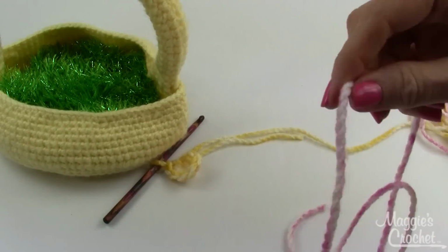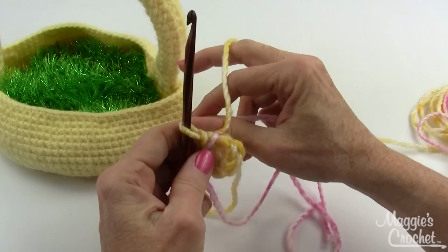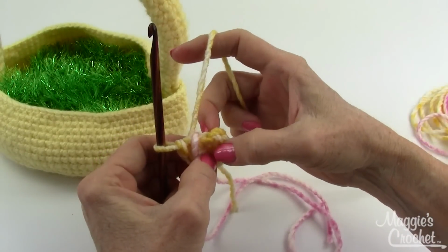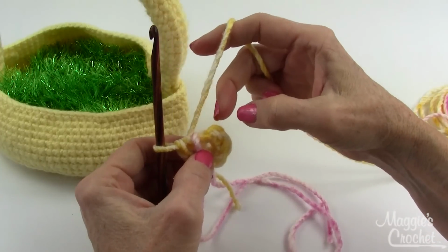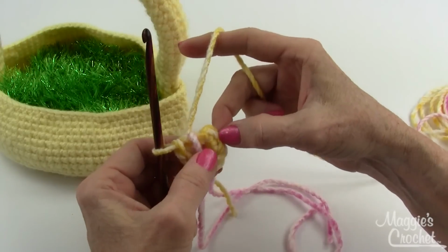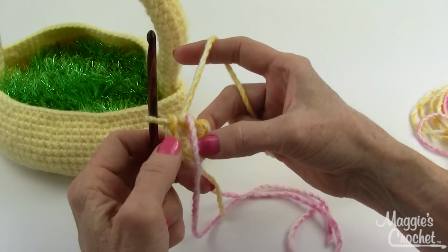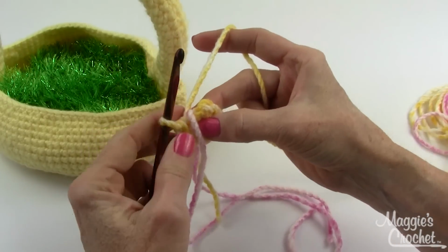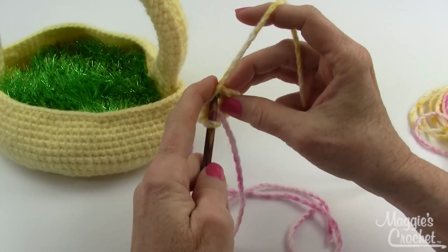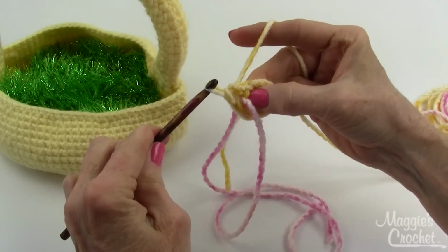and what I'm going to do, I'm not going to join my rounds, I'm just going to lay the contrasting color of yarn on this side of my last stitch right there. Now it'll become sandwiched between my last stitch that I worked and the next stitch that I work, because the next stitch will be part of round 2. So right here you can see I have 1, 2, 3, 4, 5, 6. So to start round 2, all I got to do is work 2 single crochets into the first stitch here,